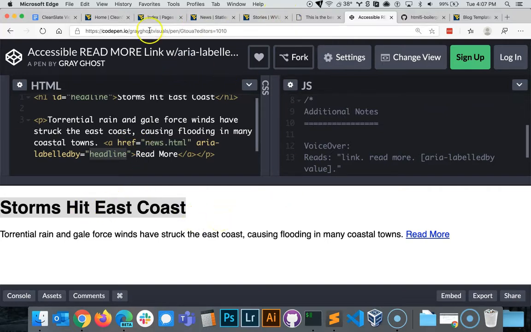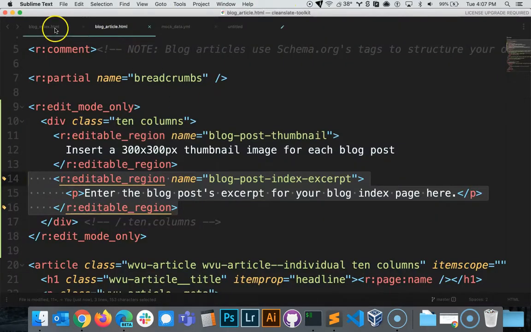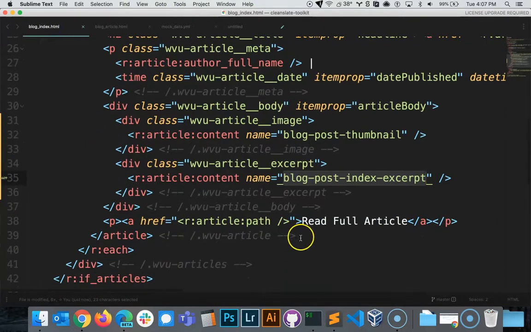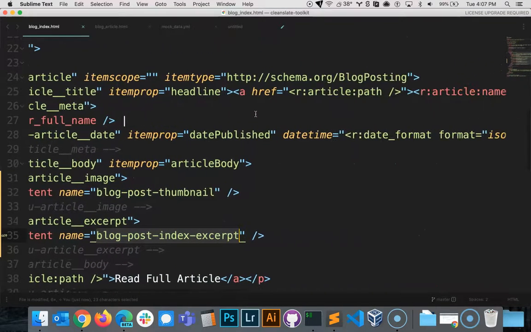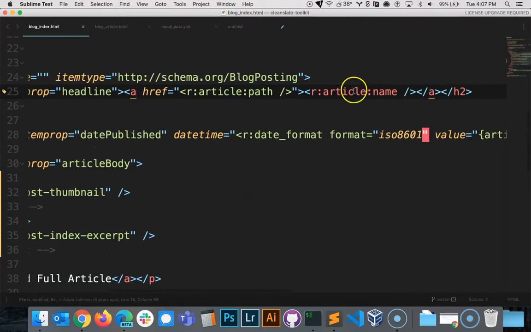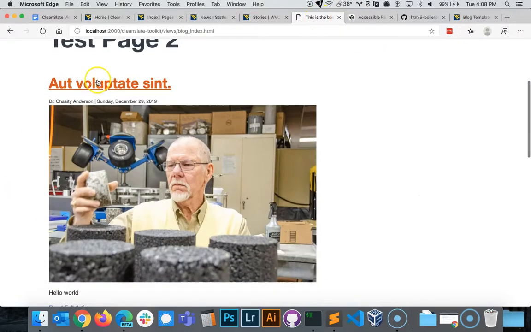We can do that also in our blog index templates for Clean Slate. So if we look down here, we have this read full article link, and let's go ahead and add an ID to our unique thing. So what our unique thing here is going to be is the article name. Keep in mind this is very likely to always be a unique blog post title.